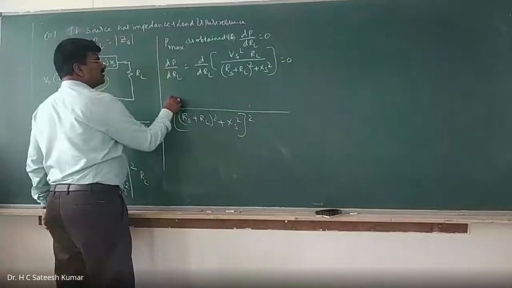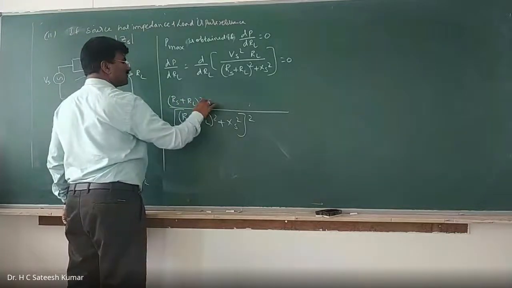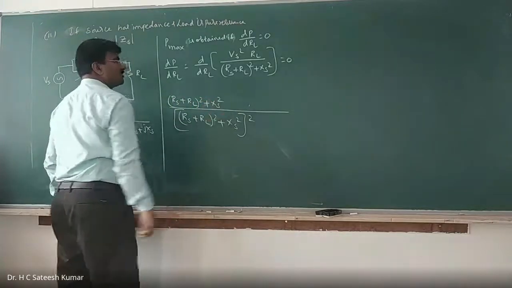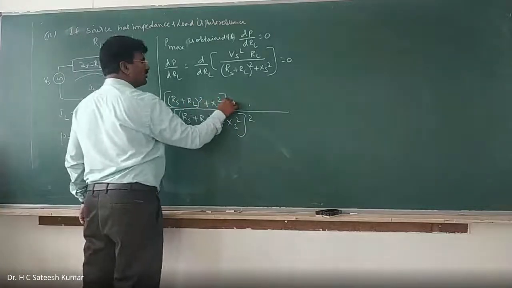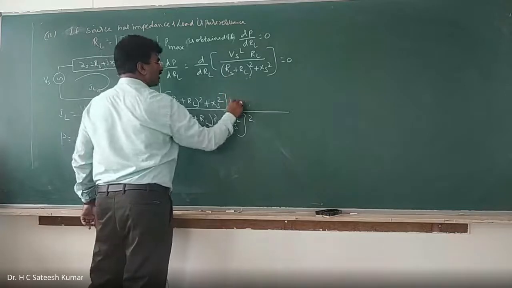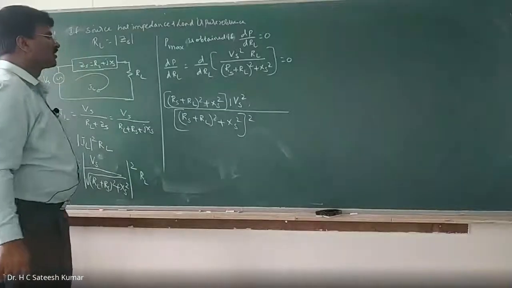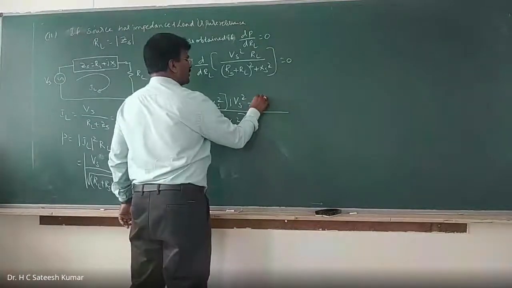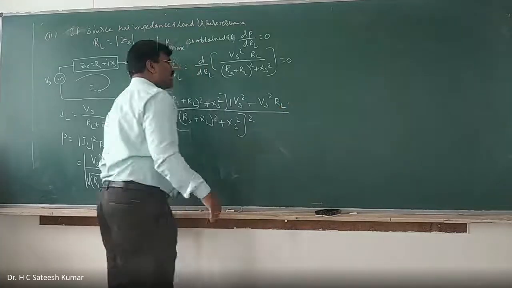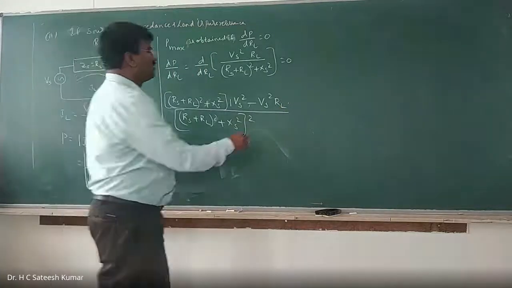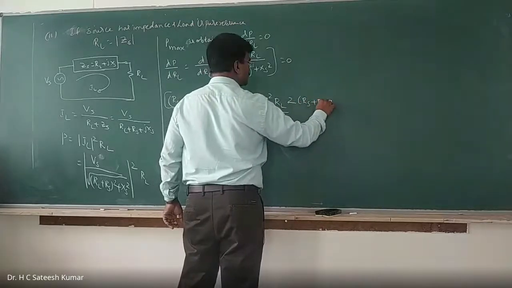Denominator into d/dx of numerator minus numerator into d/dx of denominator. d/dx of numerator is what? 1 into Vs². Vs² is a constant, and the differentiation of RL is 1, minus numerator Vs² into RL into d/dx of denominator. d/dx of denominator is what? 2 into (RS + RL) whole square,